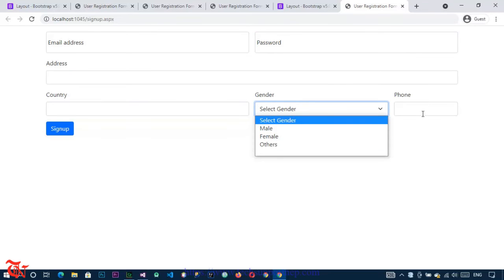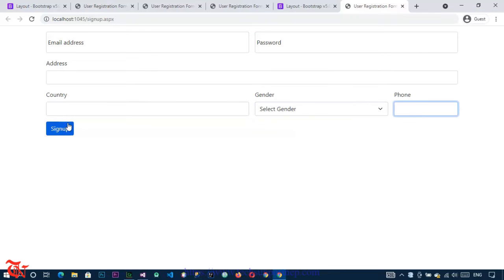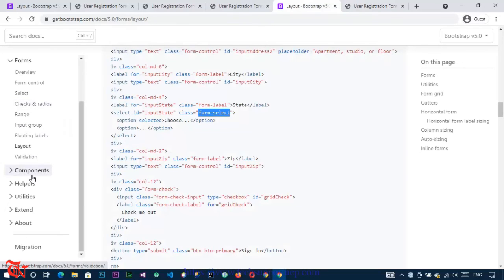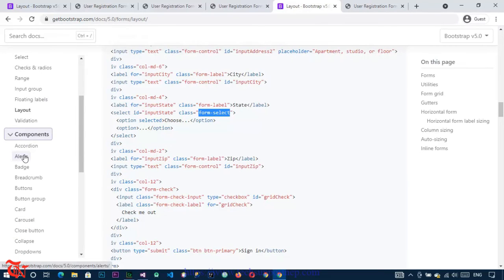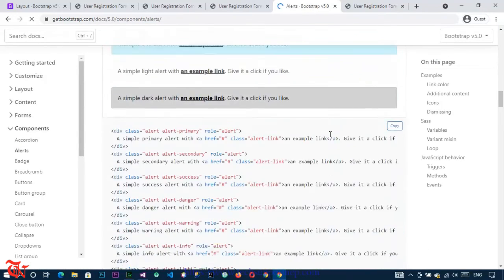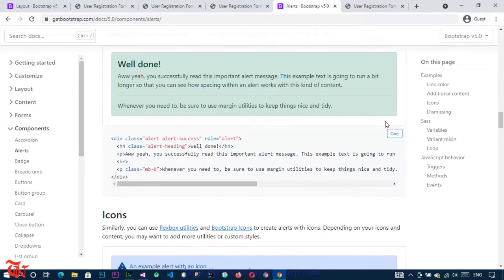Gender is male, female, others, phone number, and sign up button. This one is too big, this one is medium, and this one is so small. Here what I'm going to do is allocate equal sizes for all these buttons, and at the top we are going to display the message. In order to display the message, I am going to go to components, and you will see this alert. Click that, and we are going to use this. So simply copy, go back,